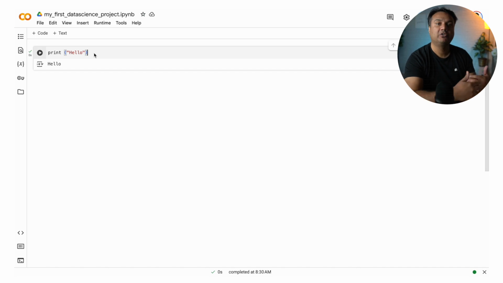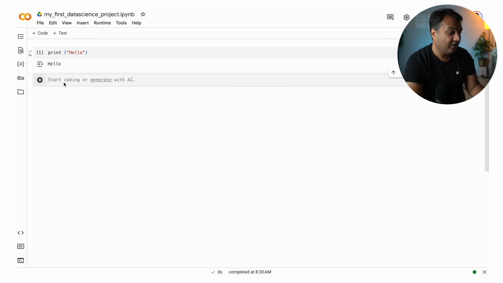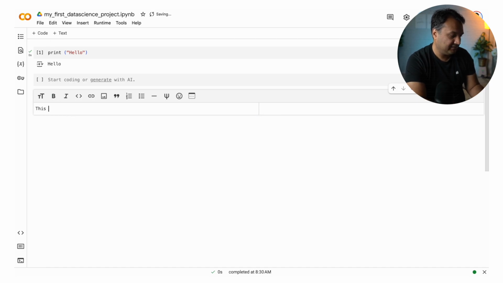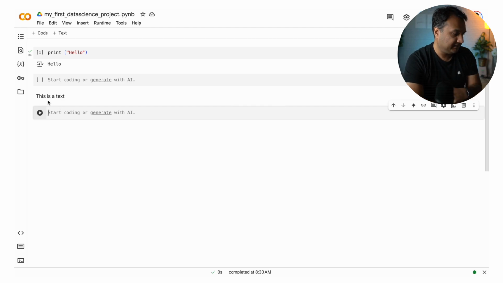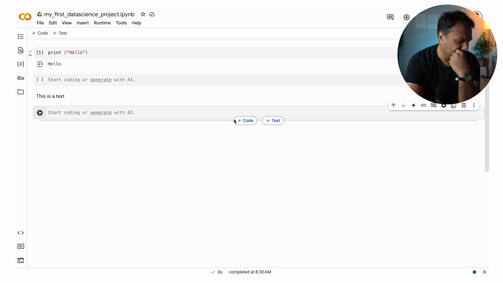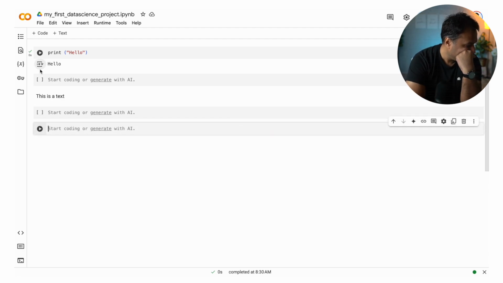And these are the cells where you can actually write the code. Now, if you want to create more cells, you can just press this code button to create a code cell, or you can press this plus text button to create a text cell. This is text. And now I have printed the text here. Similarly, you can do plus code and plus text here as well. It will also create more cells for you to play with. Now, under each cell, you'll see what the output is for that cell.